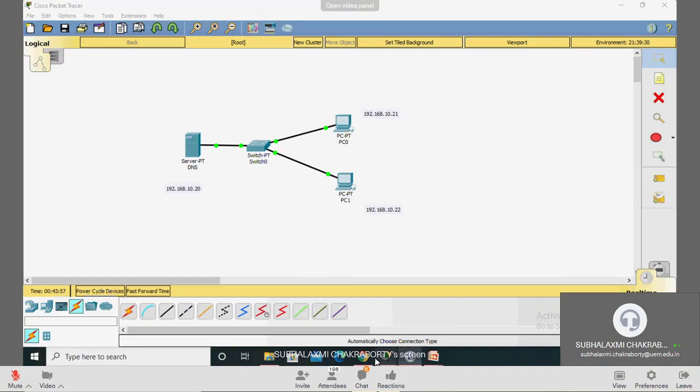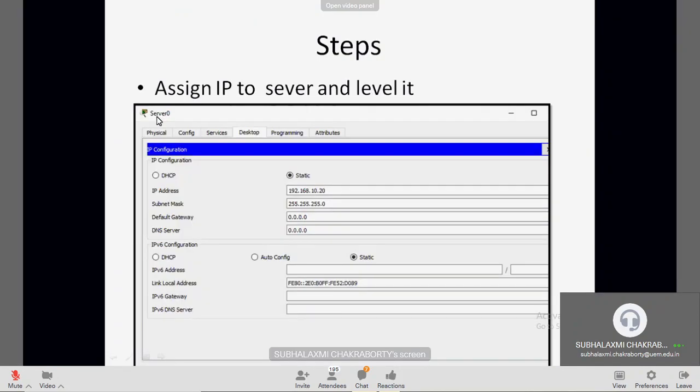Let's check once. This is the placing of the devices that we did. Then we did the IP configuration to the server. So you go to the server, click desktop, you just give the IP which is given, that you preferred. Then you go to the PC, maybe PC0 and PC1, and then you give the IP, click here, automatically